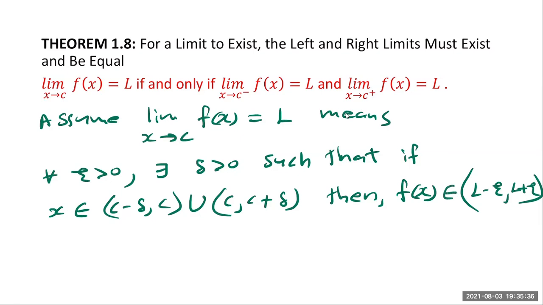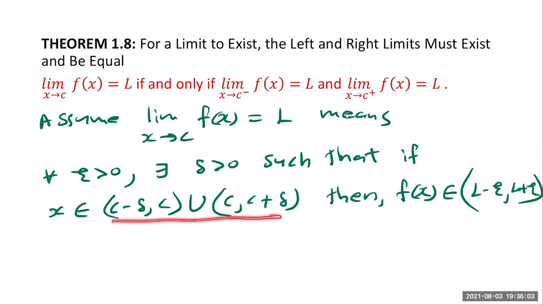That's my definition. So this means for all epsilon greater than 0, there exists (this is the symbol for there exists) delta greater than 0 such that if my x is in this delta punctured neighborhood, then my f of x should fall in this interval L minus epsilon, L plus epsilon. Now, if this is true,